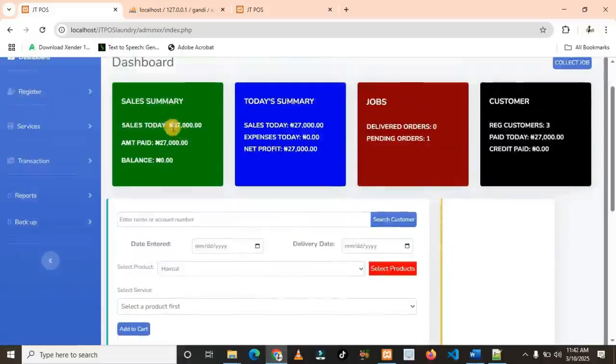That is that of Sarah reflecting here. We have not made any expenses. We don't have any credit payment, neither do we have any balance. Let's now make another sale, and we're going to be making sales this time for our customer with account number